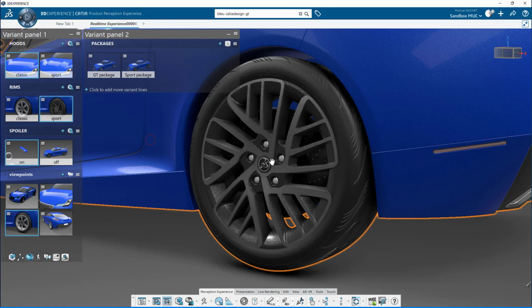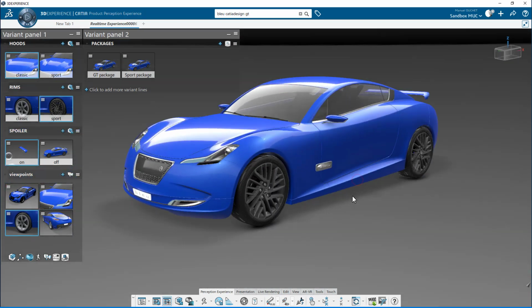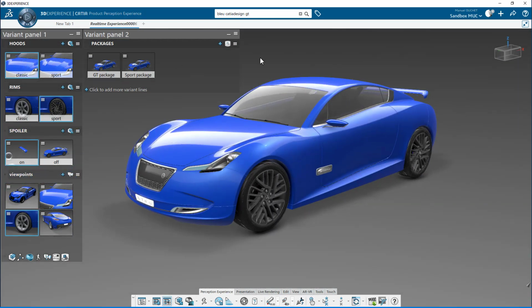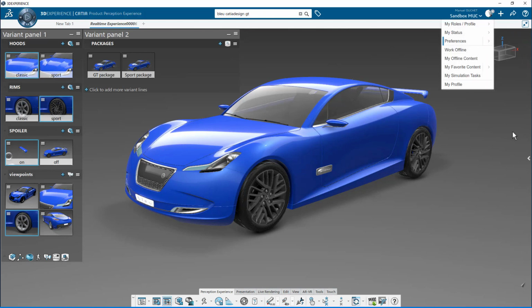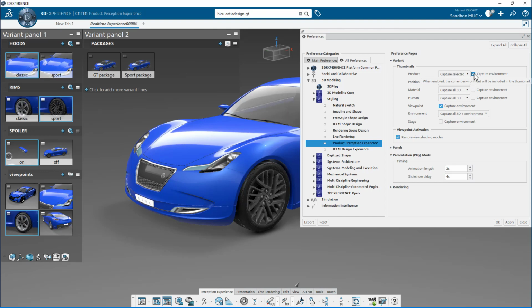There are options in the preferences which are useful. For example, if I want the hood variants thumbnail to just show the hood itself, I go to the preferences, I tuck them on the side, and let's see, yes, the thumbnail preferences. I have the choice of capturing the whole 3D in the thumbnail or just the object participating in the variant, with or without the environment.